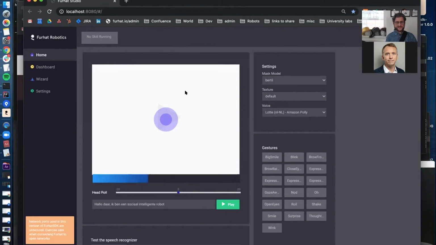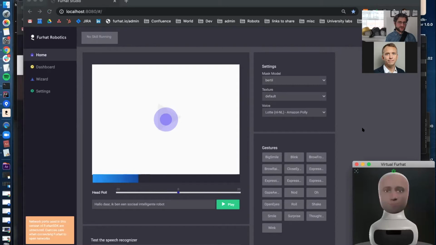Instead, you will need to simulate any activities that are coming from the camera by placing virtual users around. I'll show that in the dashboard. But before I show you that, I will also point out that in the virtual Furhat here, we only have access to one of the mask models, what's typically called adult, but in this case here it's called Bertil. So if you have additional masks with the robot, currently in the virtual Furhat, we only have this adult mask,